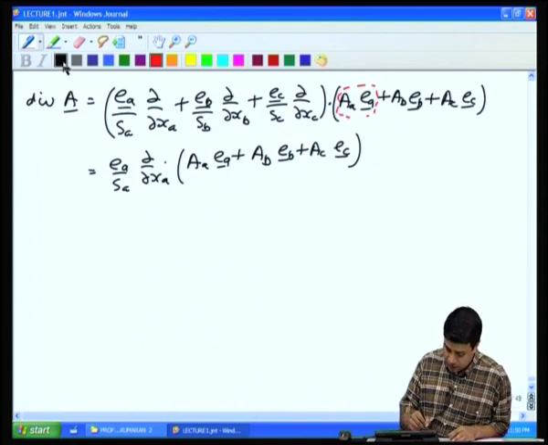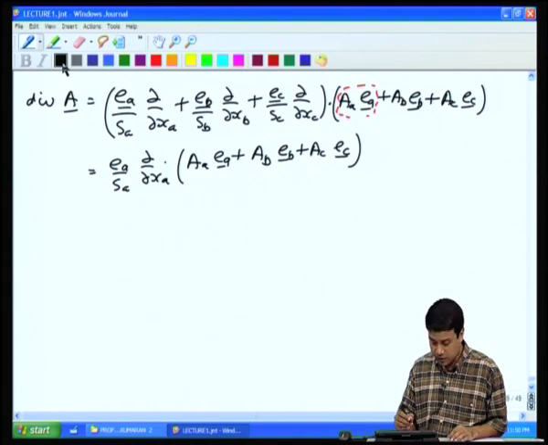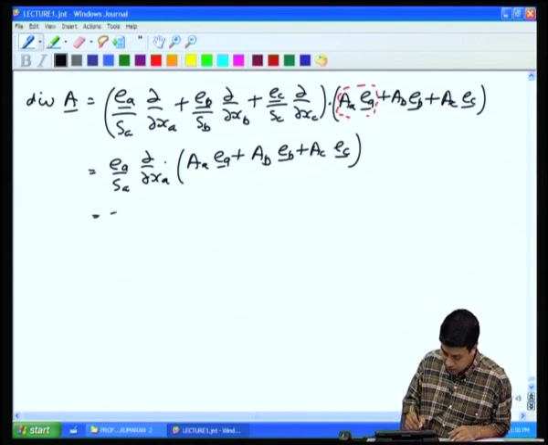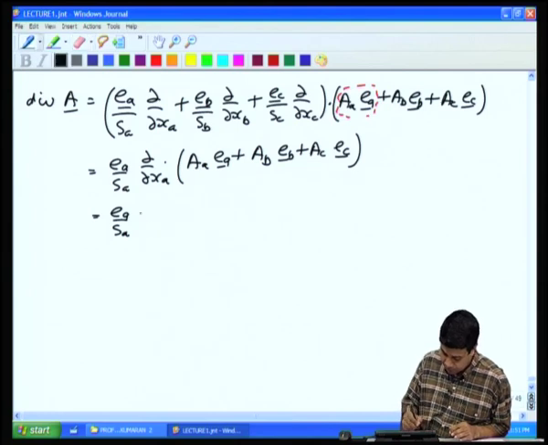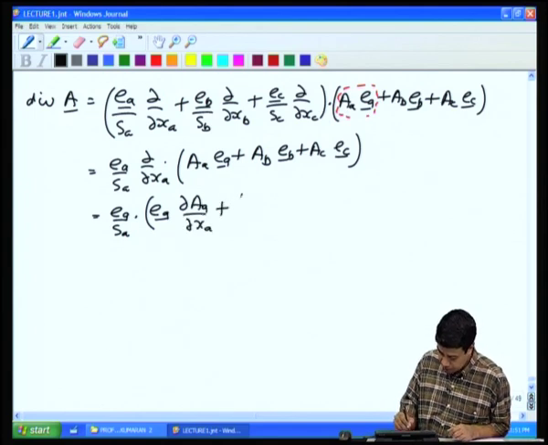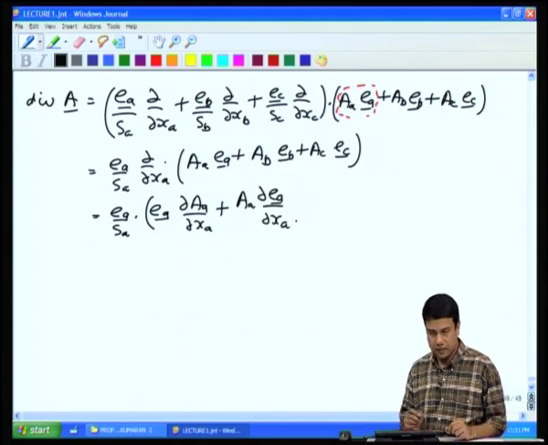And here I have to take the derivative of both the component and the unit vector. Okay. So, I will have e_A/S_A ∂/∂x_A dotted with, okay, the first term will be the derivative with respect to the component. So, this will be e_A/S_A dotted with e_A ∂A_A/∂x_A plus A_A ∂e_A/∂x_A, okay,